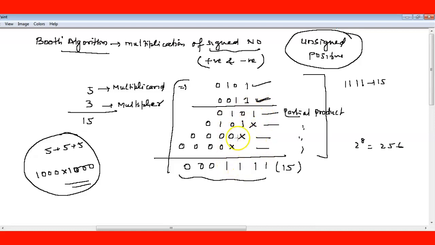This can be done using only the adder and subtractor circuit that we have in the computer. We are doing multiplication, but it does not require any multiplication circuit. There is no circuit called a multiplier; we only have an adder and subtractor. By using the adder-subtractor we are able to implement this multiplication as well. So I am telling you the algorithm here.